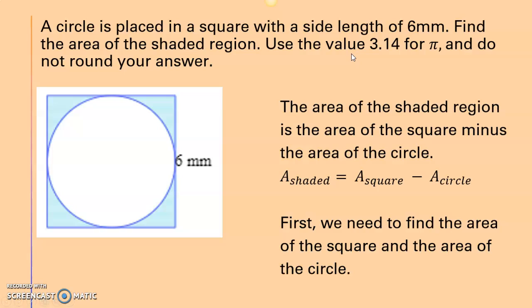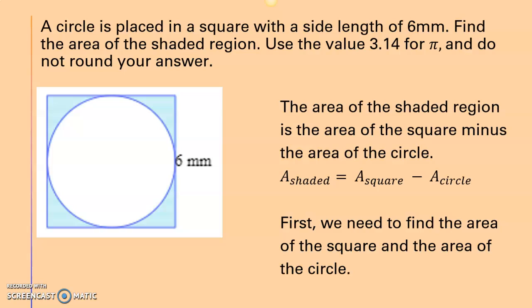For the first example, it says a circle is placed in a square with a side length of 6 millimeters. Find the area of the shaded region. Use the value 3.14 for pi and do not round your answer. So what we need to do